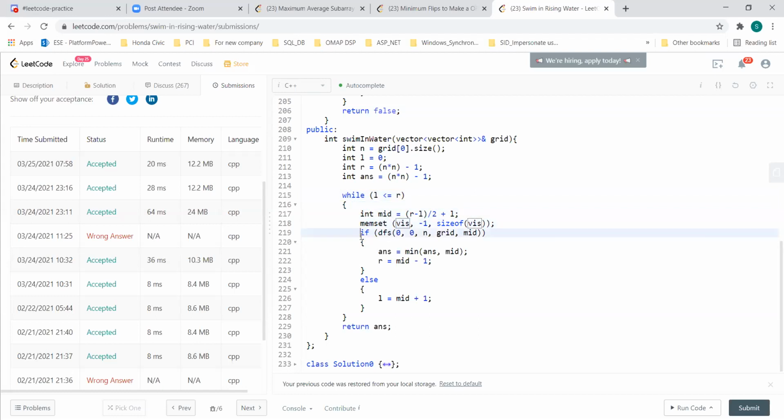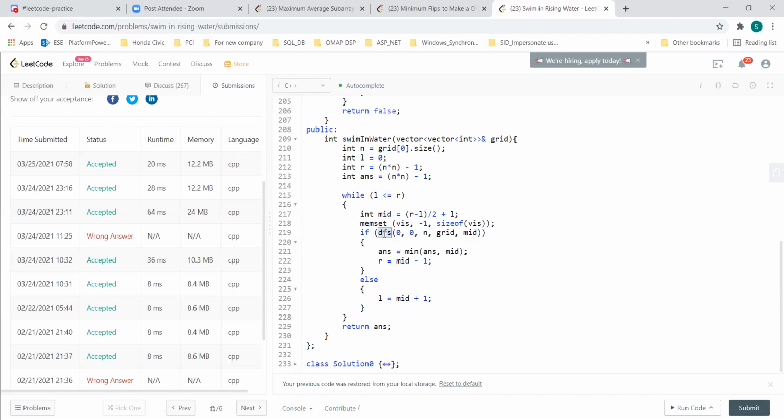Here I'm doing the templatized version, the normal binary search way, because I'm just passing any function, and whenever it returns true, it means that I'm able to reach with this mid. So there is a potential chance that I could find something much better, right? Therefore I change my R. I'm using L is less than or equal to R, so you see R is equal to mid minus 1 and L is equal to mid plus 1. That is one standard binary search template that I'm using.